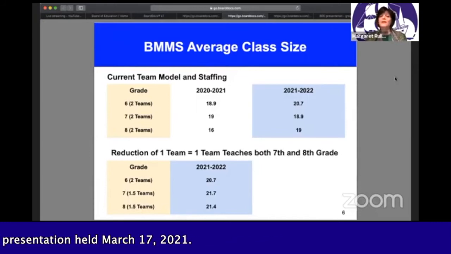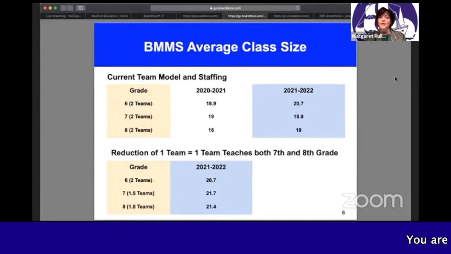So at some point, it makes sense for us to say, do we need to right size our staffing? Is it appropriate to do so? But it isn't tied to the Princeton plan. And, you know, regardless of what the board's decision is about the Princeton plan, this is still a conversation that we should be having around middle school and eventually at the high school whenever they're ready, as Joe said.